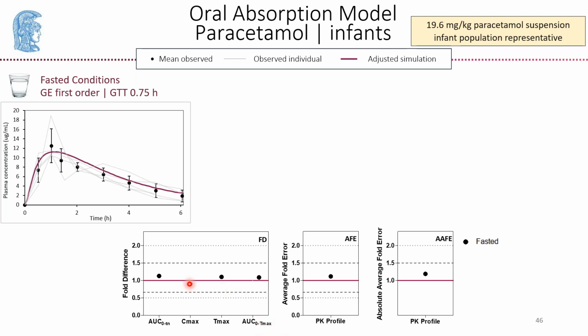And we can see with the purple, this is the line of unity, and our predictions, our simulations, are quite close to unity. Looking at our average fold error, again, this indicates a good simulation. We're again close to unity, and looking over to the absolute average fold error, or AAFE, here we are close to 1. Our simulations are close to 1, which means we have adequate precision of the simulation.